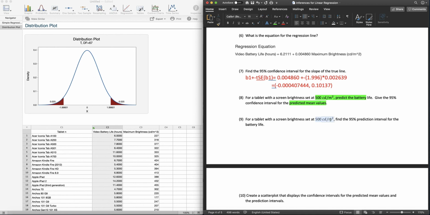So if you had a tablet with this specific maximum screen brightness, what you could use this for is to ask yourself, am I close to average with my video battery life? Am I within the possible range? And if not, well then you've got a bad tablet. You should probably ask for a refund and or, you know, take it back and stuff. So let's use this on